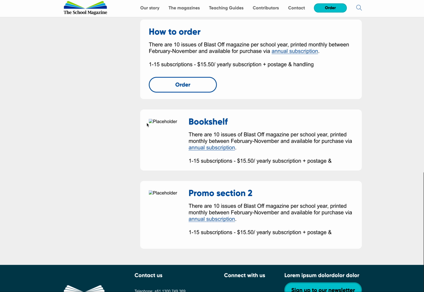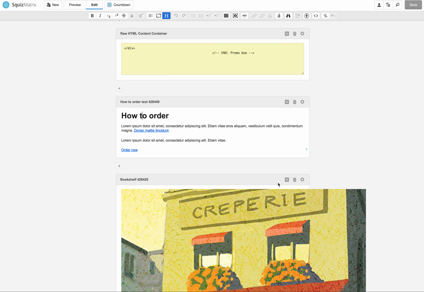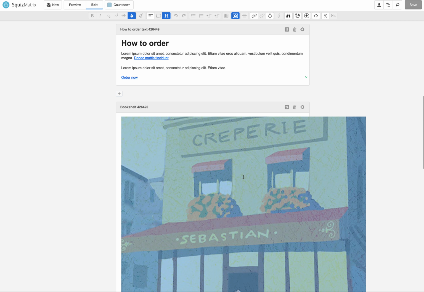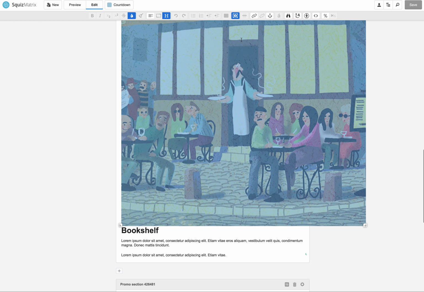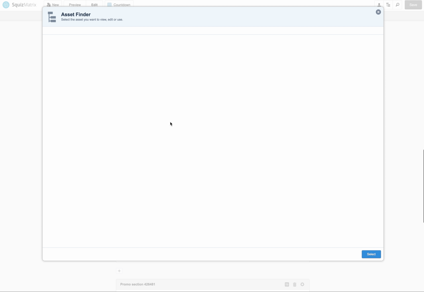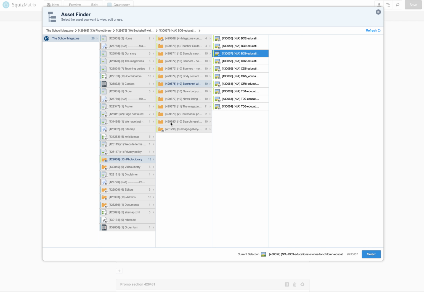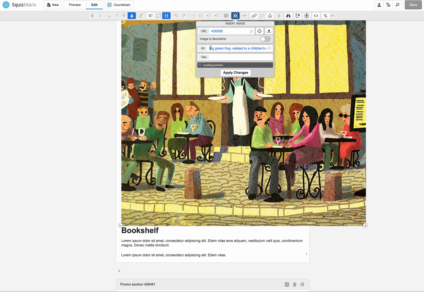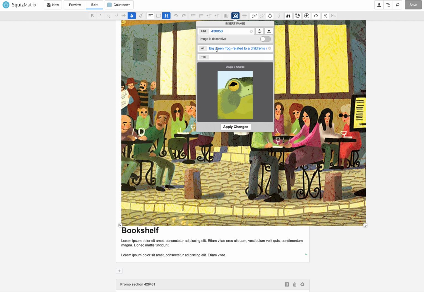Bookshelf, and it's got a photo, so there's the photo. To update that, just click on the photo button the same way as you would update any other photo. So this already had an alt tag because the person who uploaded the image also put an alt tag there, which in this case was me.